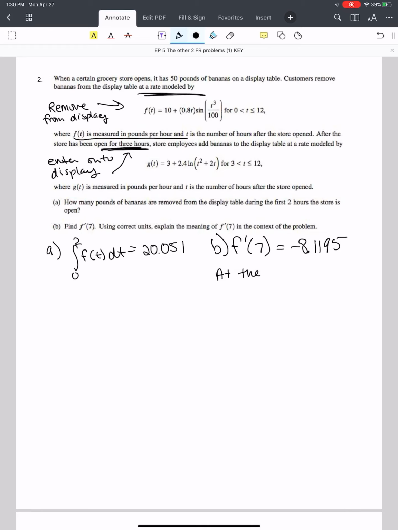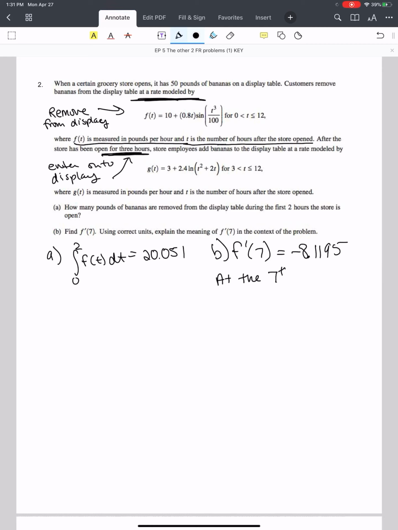And it is the rate in pounds per hour, and t is the number of hours after the store opened. At the 7th hour after the store opens,